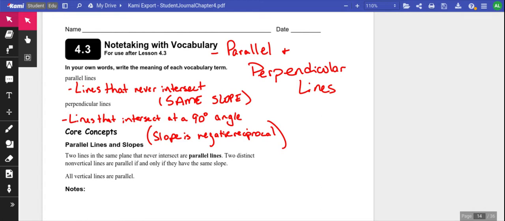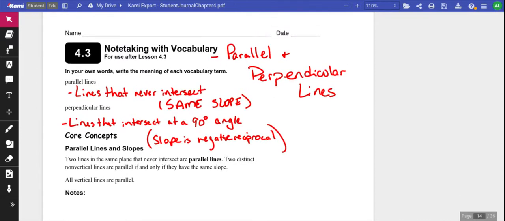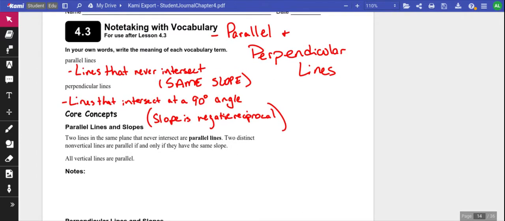Hello, everyone. So today we are going to go ahead and get started with 4.3. If you have your student journal, we are here on page 107, and we are going to start. So for this section, if you want to go ahead and title it, 4.3 has to do with parallel and perpendicular